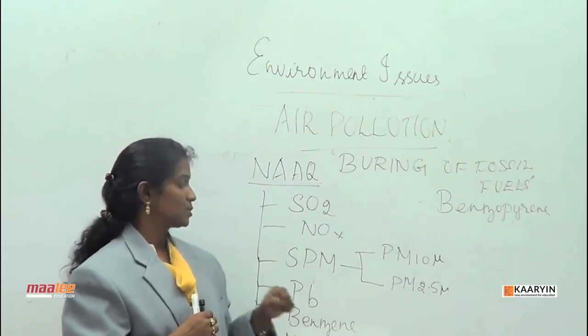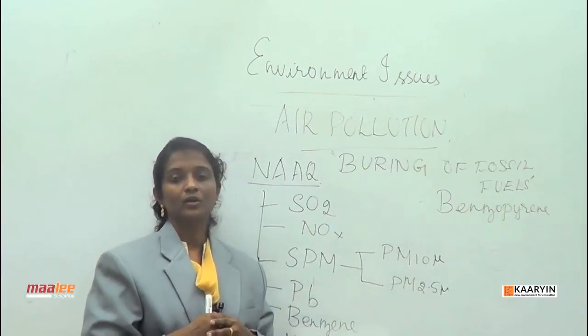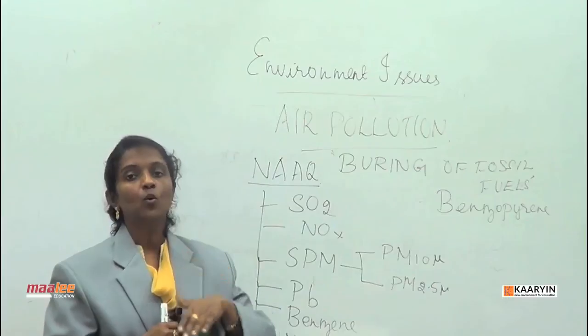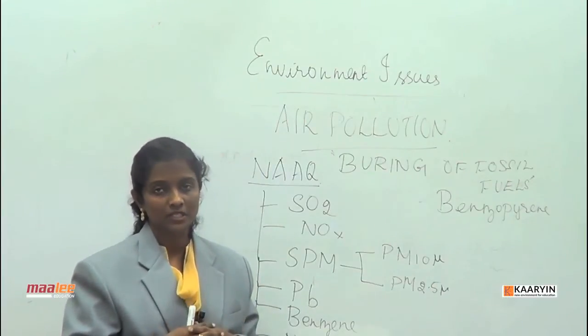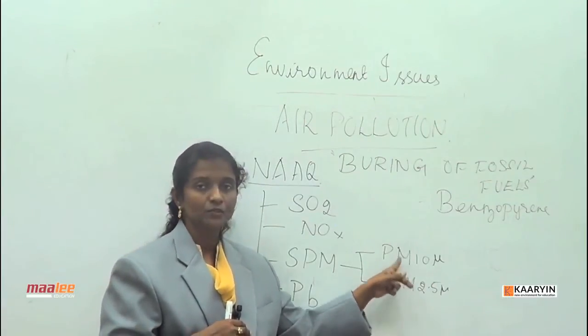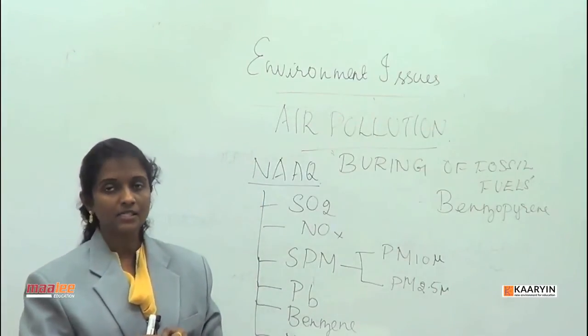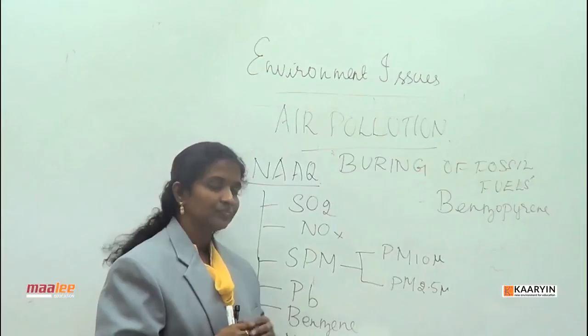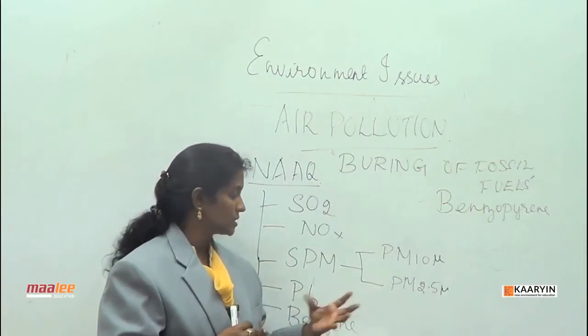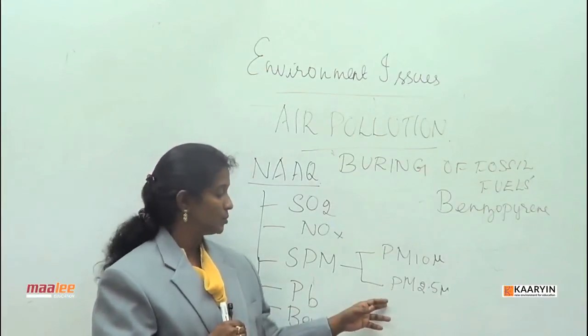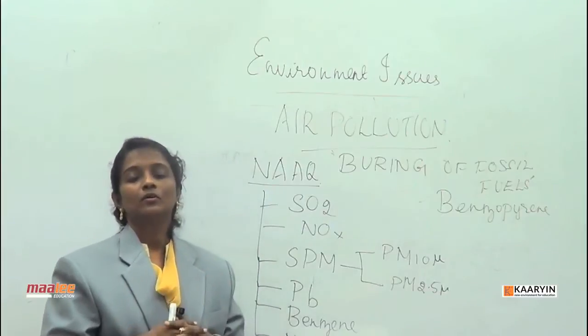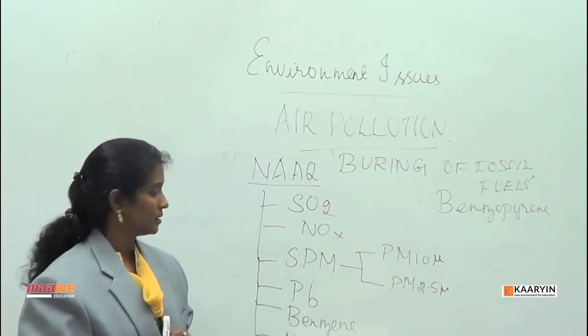But PM 2.5 micron is a very fine dust which can even go into your lung and get deposited there. This is the most dangerous of the two, because it is responsible for the various respiratory illnesses that we come across, like asthma and wheezing. Even in some sensitive people, PM 2.5 may lead to wheezing and asthma.